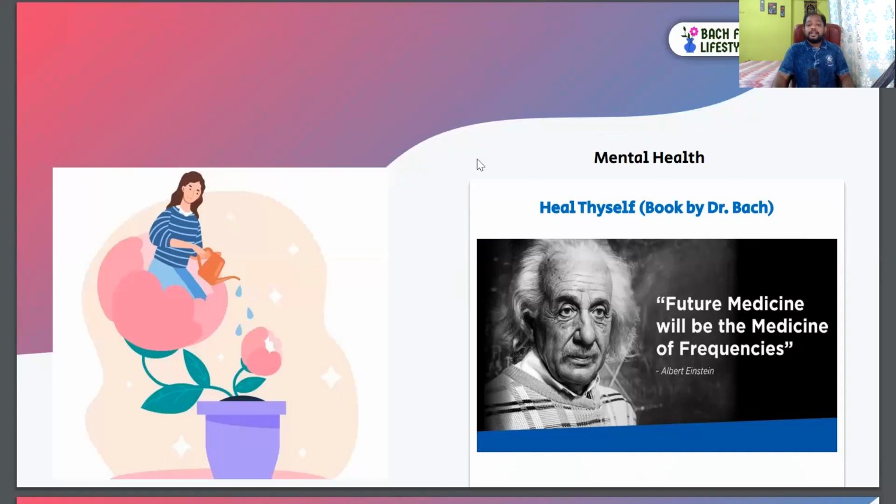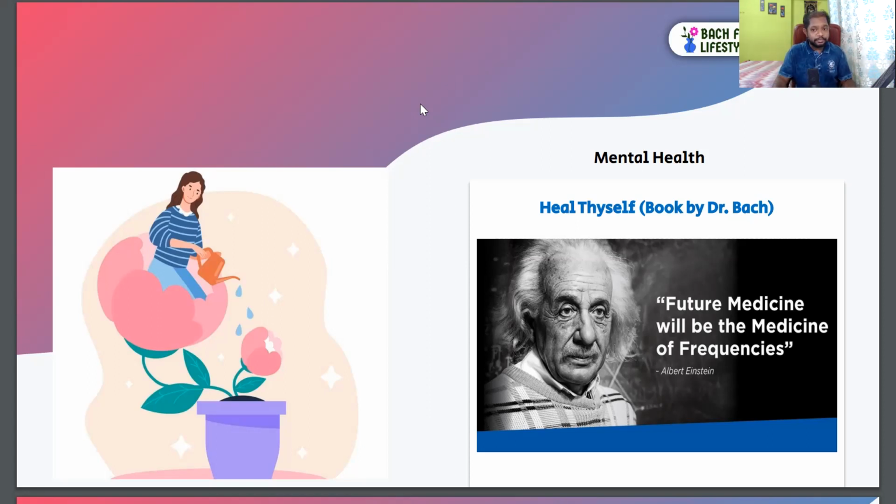Specifically, the documentation, if we talk about Dr. Bach's findings, he has written two important books in terms of Bach flower remedies. The two books are Heal Thyself and Twelve Healers. So he has documented his research, what he has found, how he experimented, and the result of these Bach flower remedies. So these two books, Heal Thyself and Twelve Healers, help us in terms of understanding the very high level of the Bach flower remedies, which Dr. Bach has written.